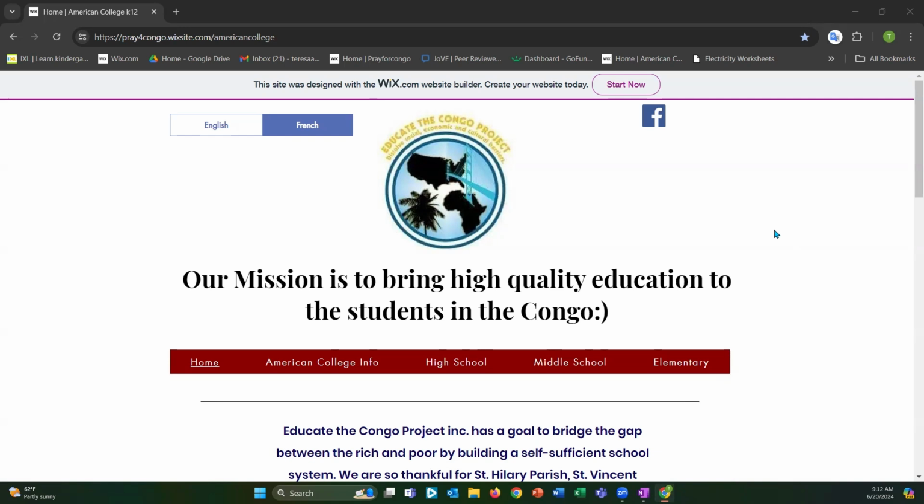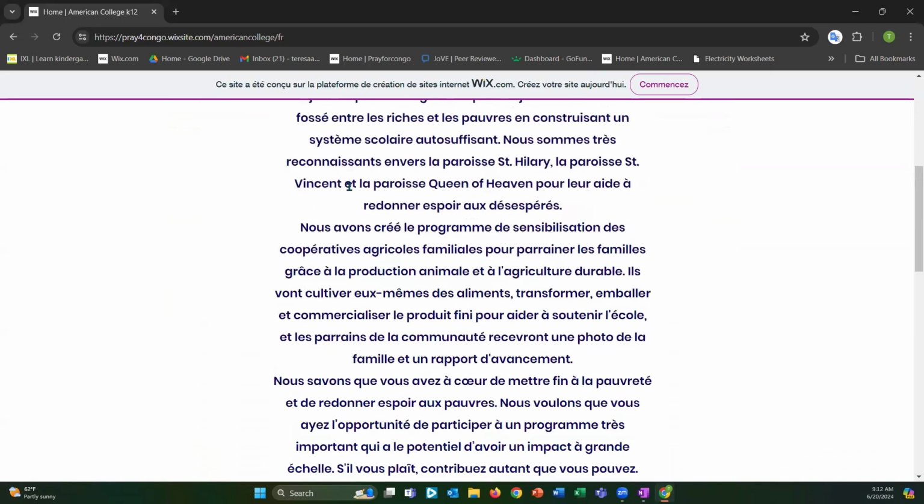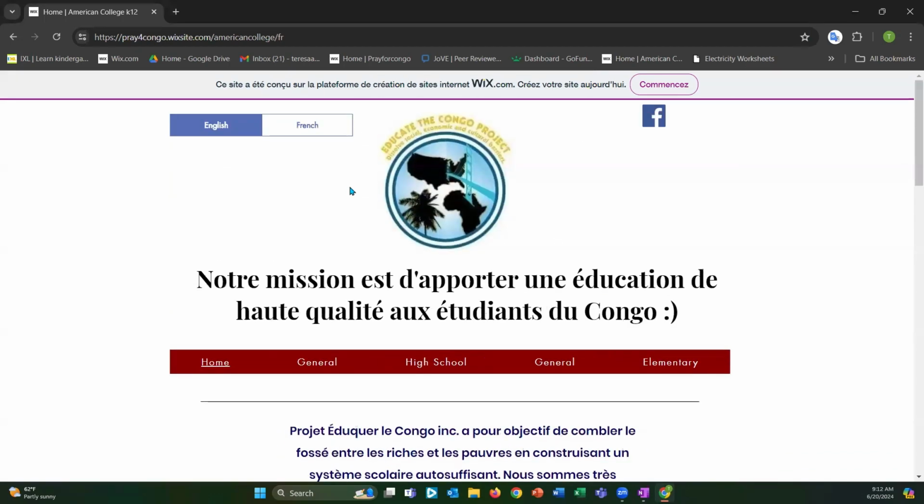So this is our Educate the Congo site. The address is up here in the left-hand corner. Now you can actually translate this site into English or French. You can do that by clicking these two buttons here. So if you click it to French, you'll see that most of the words have been translated into the French